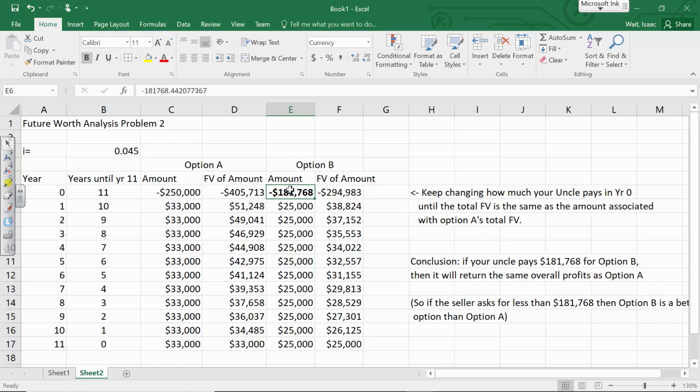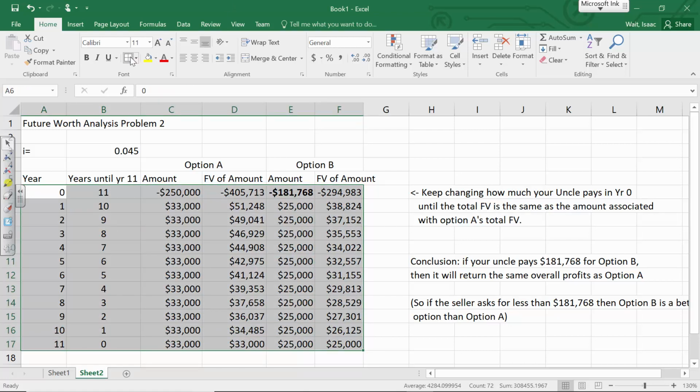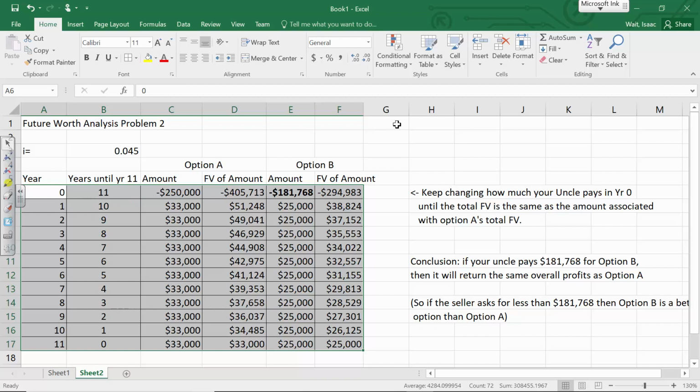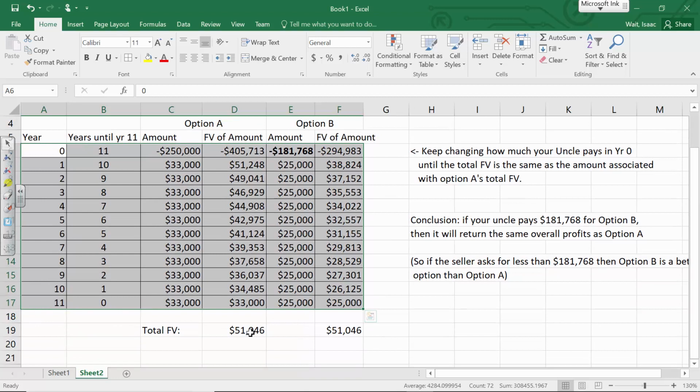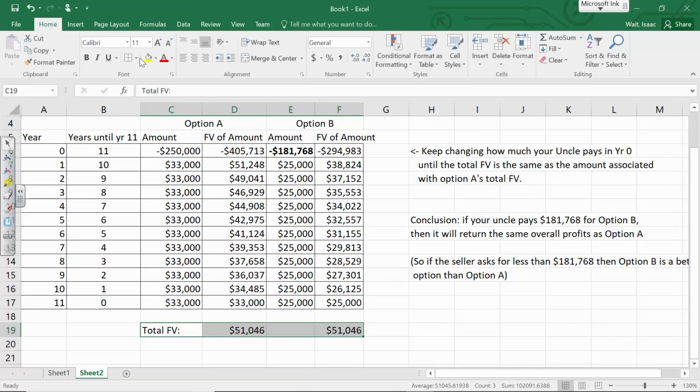It's not just enough on problems like this to crunch the numbers and somewhere on the spreadsheet have the answer. Remember, I've already talked to you about the proper annotation of spreadsheets and how it's your responsibility to make your work easy to understand. That's an engineering skill. Technical communication is an engineering skill. So what we've done here is found the future value of both options,